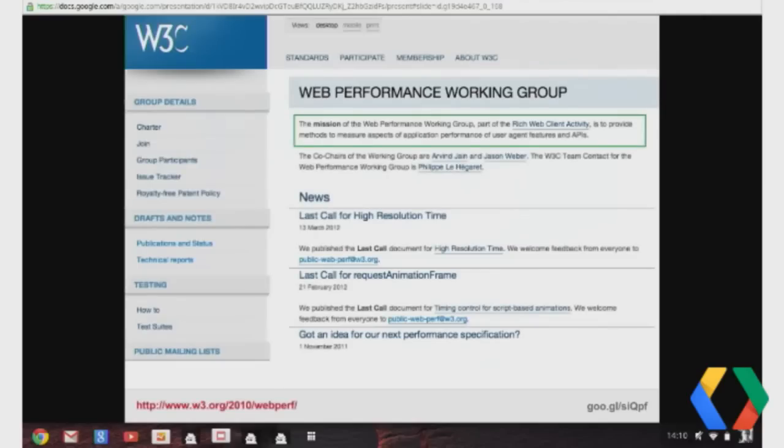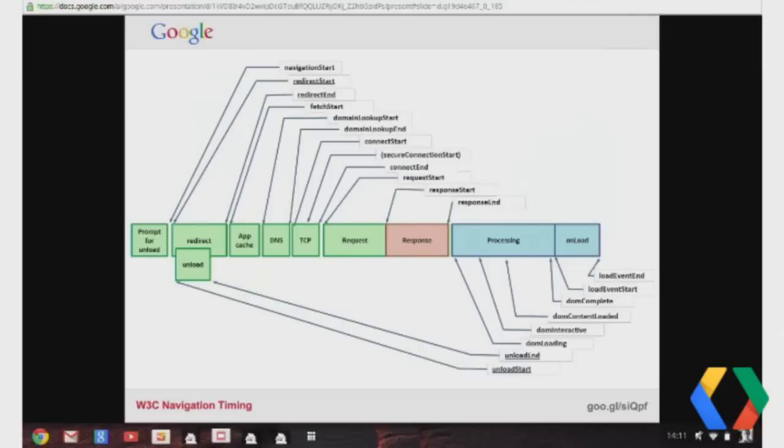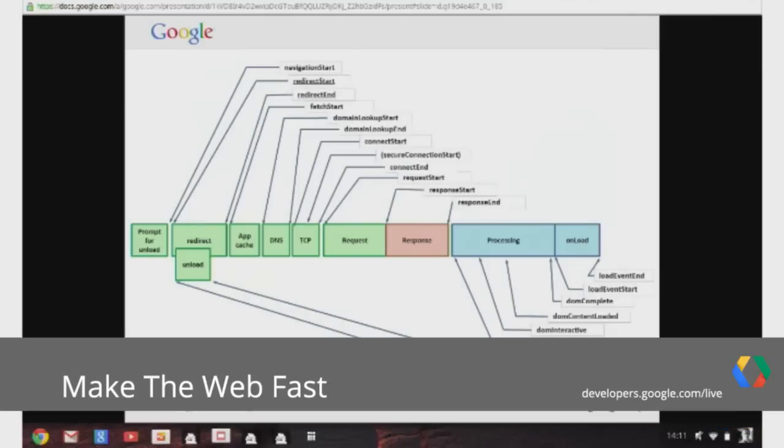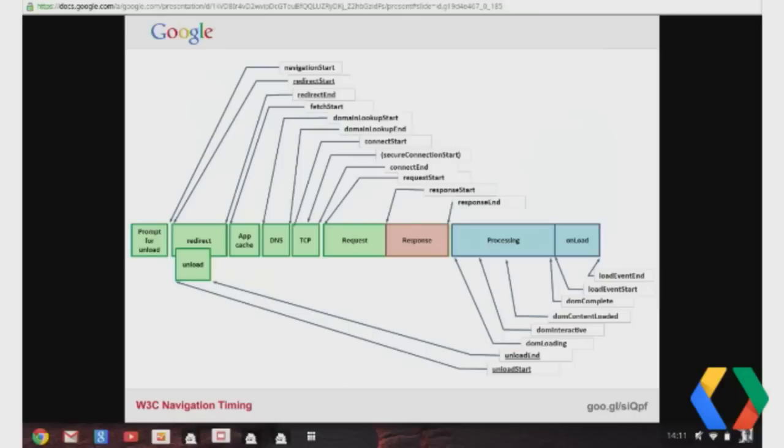So the good news is there's been a lot of work and effort put together by the W3C Web Performance Working Group. The group started about 2 years ago, and they've been working on a number of different new specifications and APIs to enable better tools and just better browser performance. Specifically, they came up with this really scary looking diagram here, which is the W3C navigation spec. Now, there's a lot of labels in here, and the labels don't really matter for the purposes of our discussion. What is important, though, is the 3 colors that we have in here.